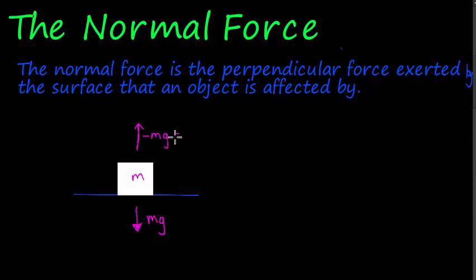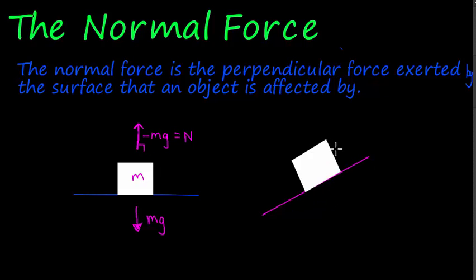Now, this is not always the case, okay? It's just the case in this situation, because the surface is horizontal, its perpendicular force is therefore perfectly vertical, and as a result, that perfectly vertical force is countering all of the weight downwards. But let's look at another example. Let's say we have a surface here,